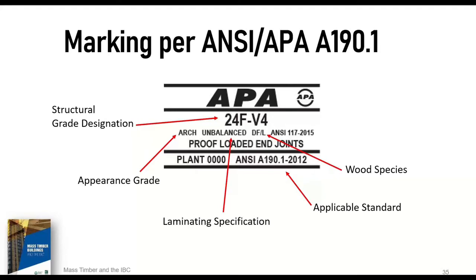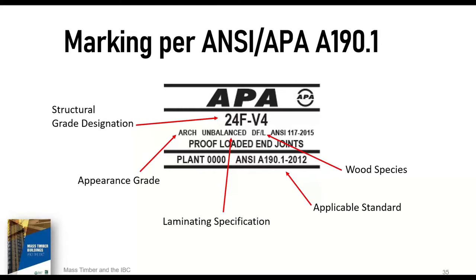A190.1, the structural glue laminated timber represented to comply with the standard must be distinctively marked. Shown here is an older trademark of a glulam beam manufactured by APA members certified with the APA. To give you an idea on what the varying information refers to, if you take a look at the logo or look at the stamp, beginning at the bottom